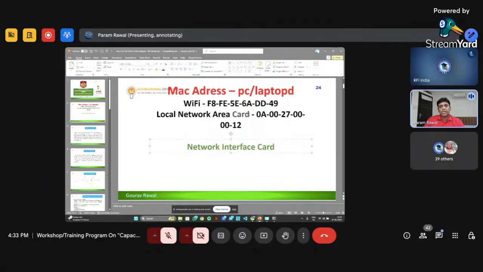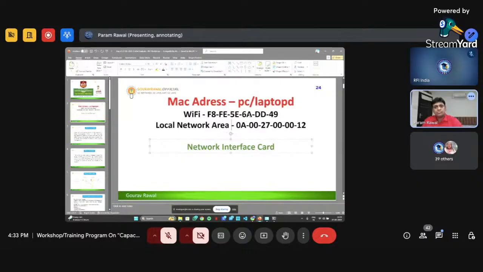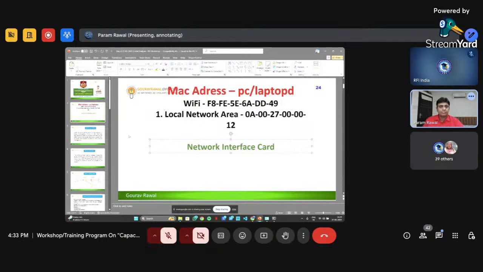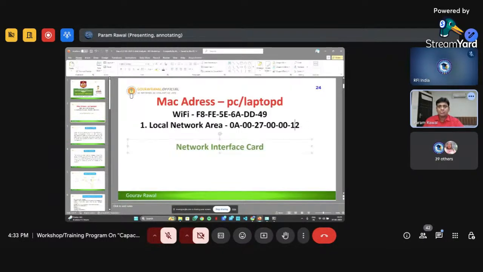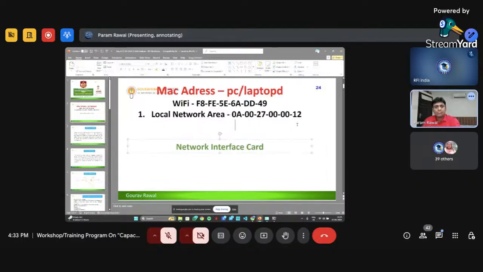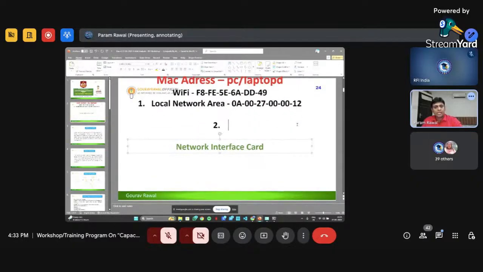This is one local area network, and this is the second local area network.